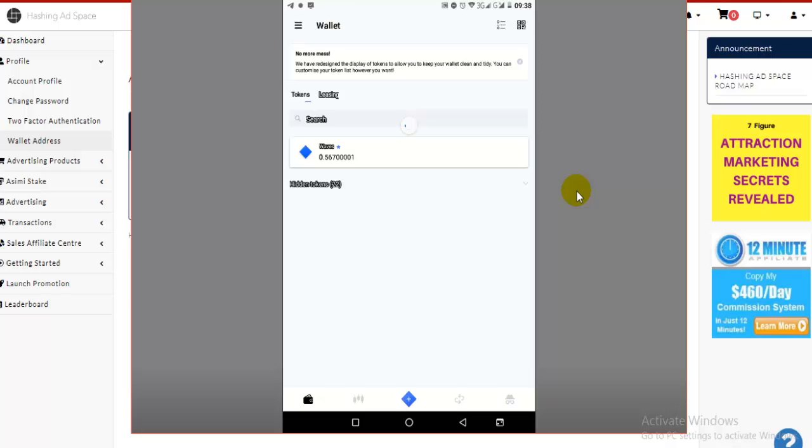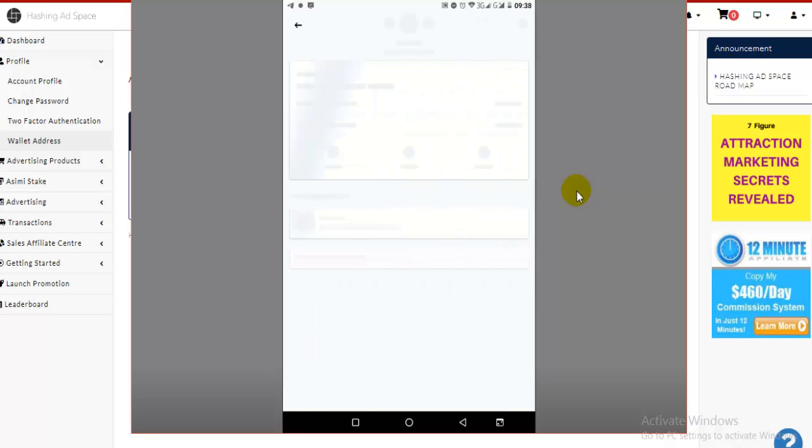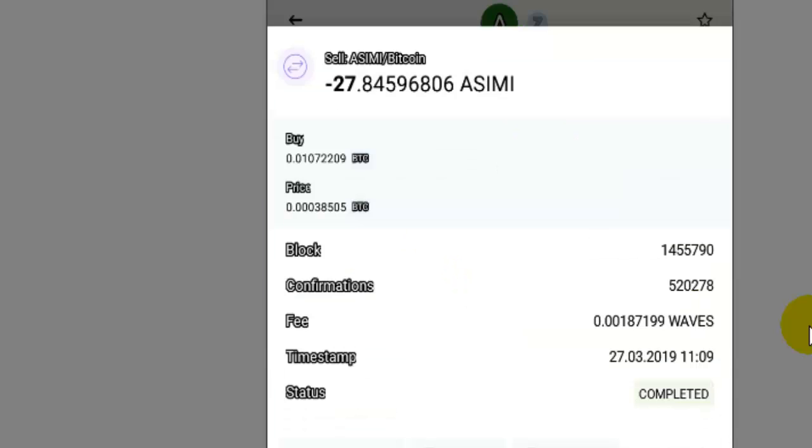So if I go to the hidden right here, you see that I have my ASIMI wallet. If I click on my ASIMI wallet and many others, you can add as many as you want. This wallet can actually take a lot, right? So this was my first withdrawal right there. This was back last year in March, and it's almost exactly one year later that I'm doing another withdrawal, because this was on the 27th of March last year,